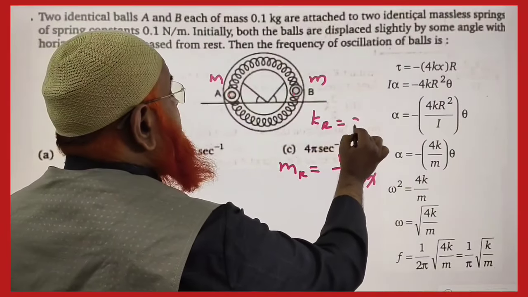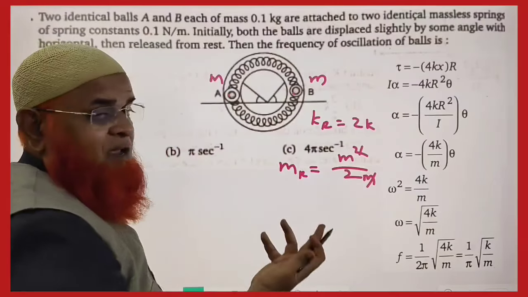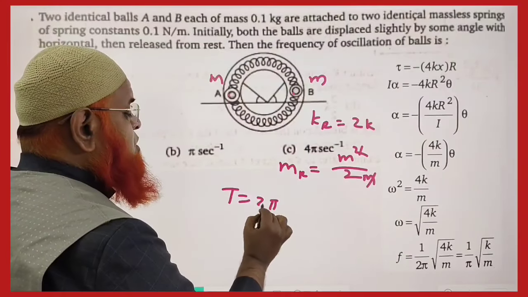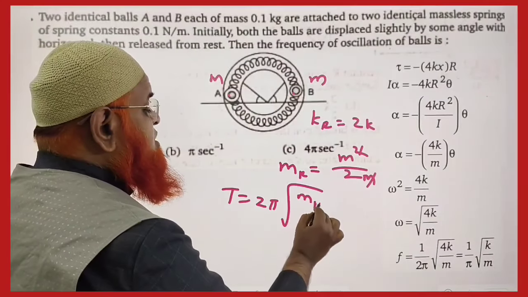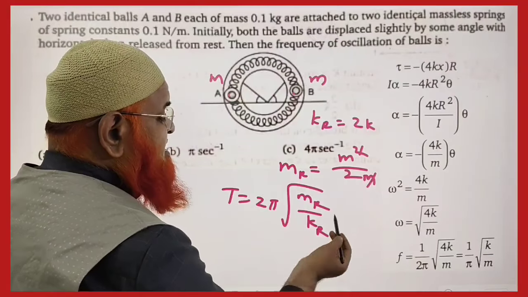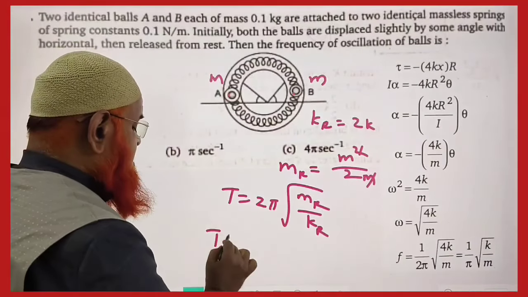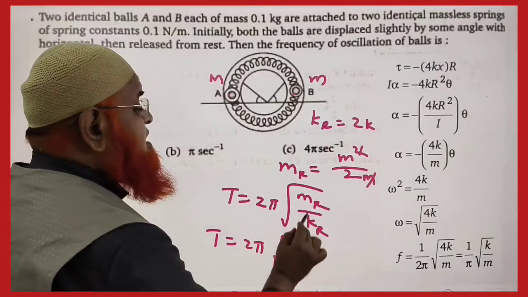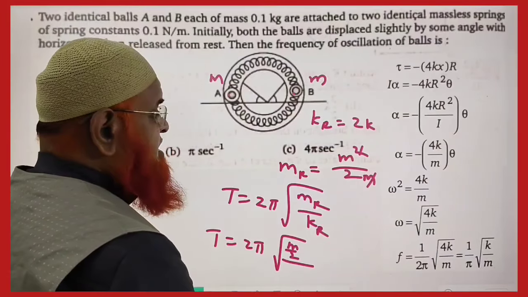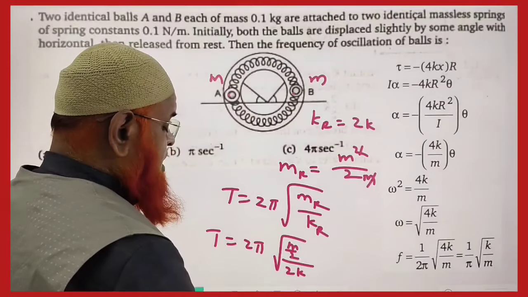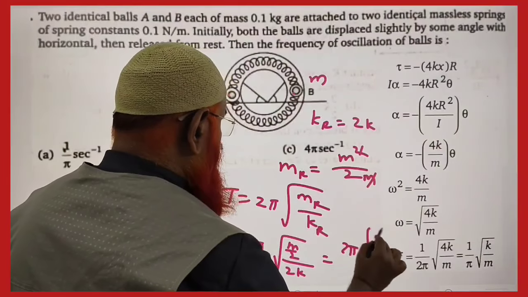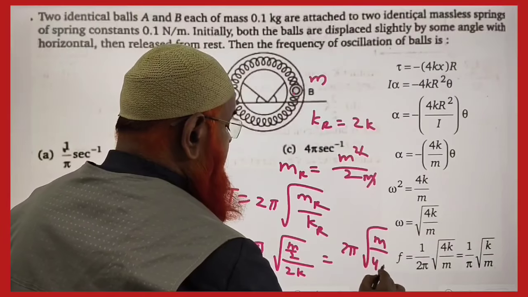रिजल्टेंट हो गया 2k, क्योंकि पैरेलल कनेक्शन में ऐड करना है। अब बस सिंपल सा फॉर्मूला डाल दो, 2π√(m_reduced/k_effective)। आसान है, इज नथिंग बट 2π, m_r के प्लेस में m/2 डाल दो, डिवाइड बाई k_r के प्लेस में 2k डाल दो। अब देखो टाइम पीरियड क्या आएगा, 2π√(m/4k),